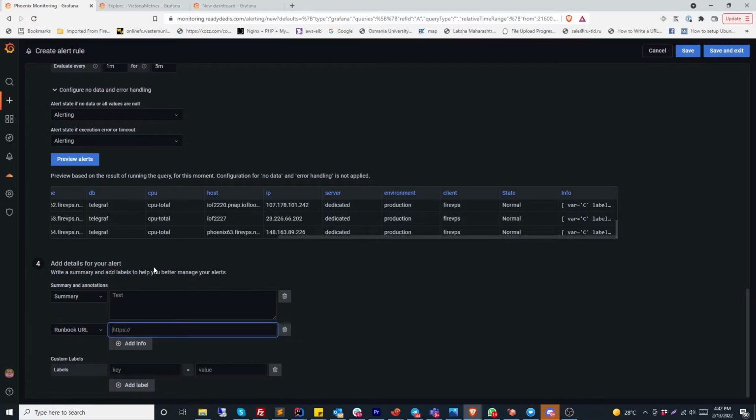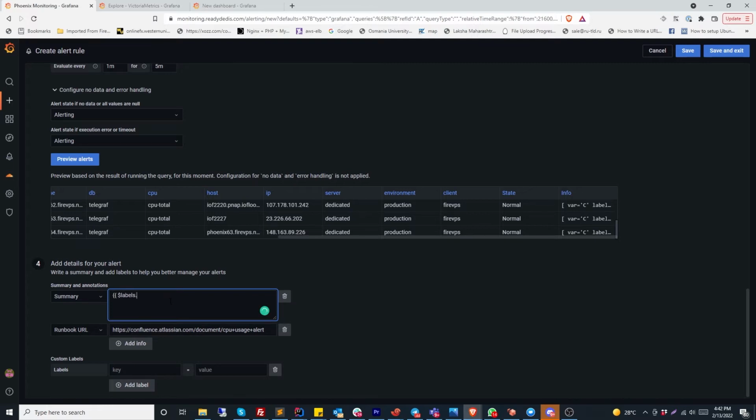Let's say we have a Jira link, jira.atlassian.com, or Confluence for that matter. Let's say document CPU plus usage plus alert, something like that. So a general Confluence link, and I'll say flower brackets